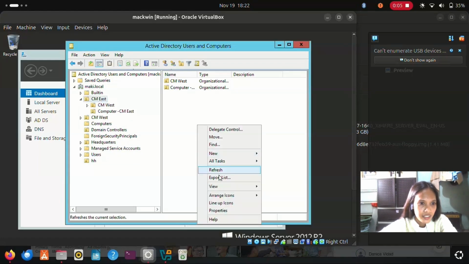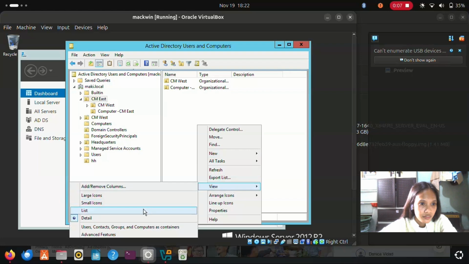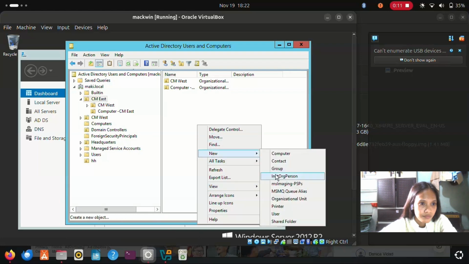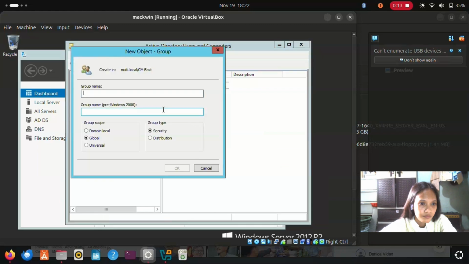So in the last step, I will be accessing Active Directory Users and Computers.